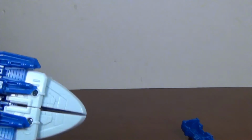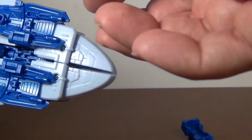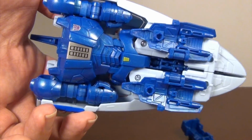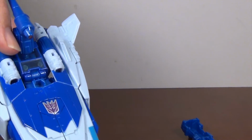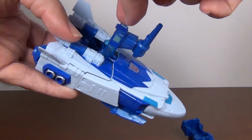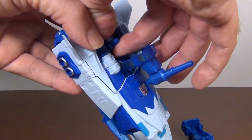Looking at the underside, these flaps are kind of unfortunate the way they were worked, but at least Hasbro had the sense to mold in guns at the bottom, and 4 guns on a fighting robot is good. Unfortunately, seeing the rest of the robot on the bottom is not so good. But, you know, what can you do? That's been kind of a thing for G1 jets, or transforming jets, for a long time, so not that surprising. Now, if we open that up, that's actually tight, which is good. It's kind of hard to open sometimes. If you open that up, we can get a look